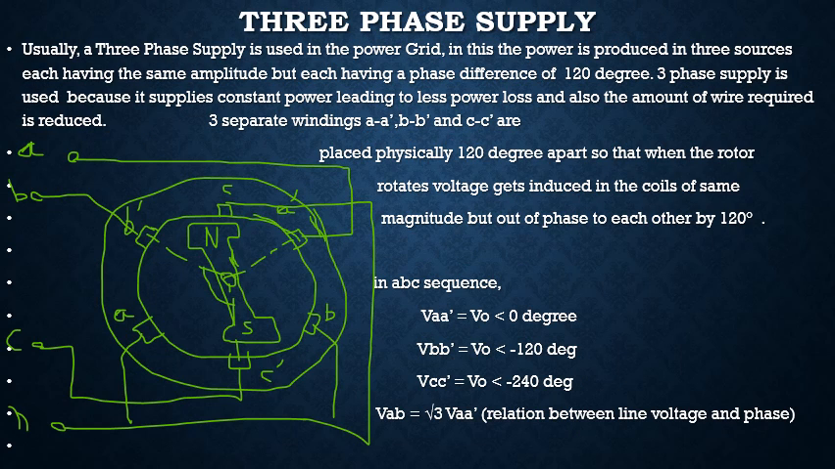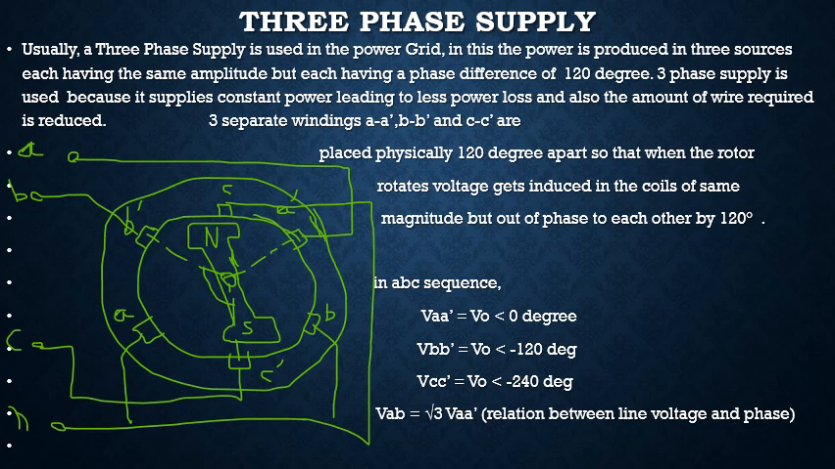Now in reality, three-phase supply is used instead of a single phase supply. In this, the power is produced in three sources, each having the same amplitude but each having a phase difference of 120 degrees with each other. Three-phase supply is used because it supplies constant power, leading to less power losses, and also the amount of wire is reduced. Now a typical three-phase supply generator is shown, in which